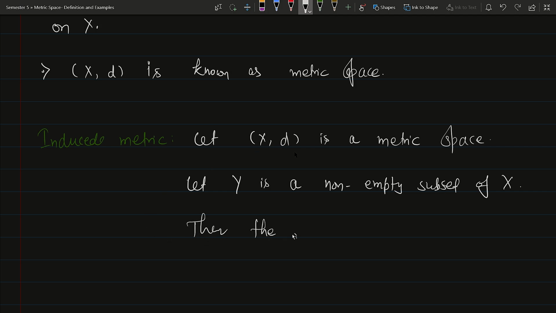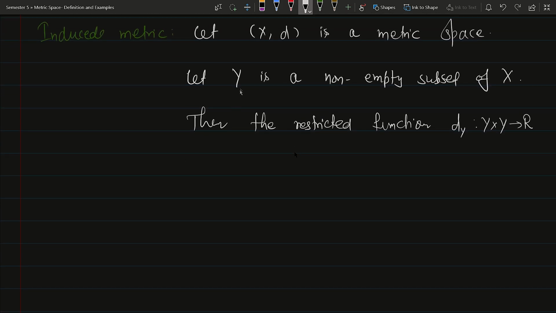the restricted function d_Y that is defined from Y cross Y to R। अगर ये फंक्शन मैट्रिक डिफाइन करता है Y के लिए, if restricted function d_Y that is defined from Y cross Y to R is a metric for Y, क्योंकि ये X के लिए ऑलरेडी मैट्रिक है ही, तो ये Y के लिए भी एक मैट्रिक डिफाइन करेगा। और उस केस में वी हैव दिस d_Y एज restricted function and more precisely this is the induced metric by d on Y। ठीक है, then the restricted function this is a metric